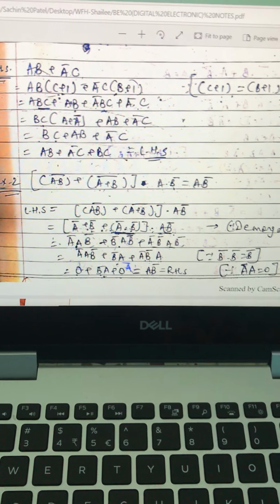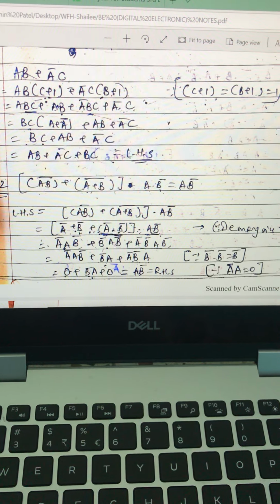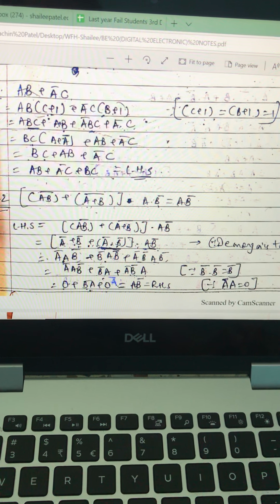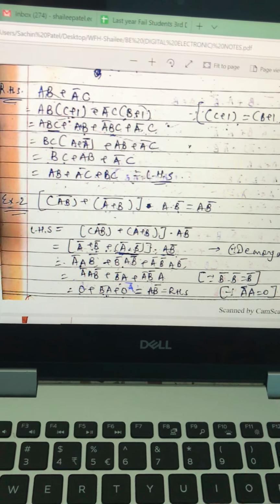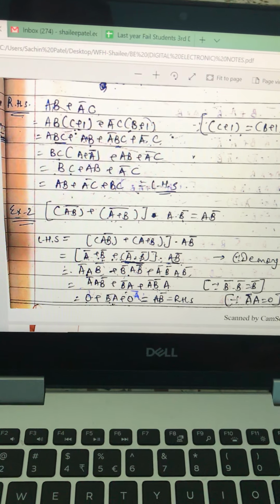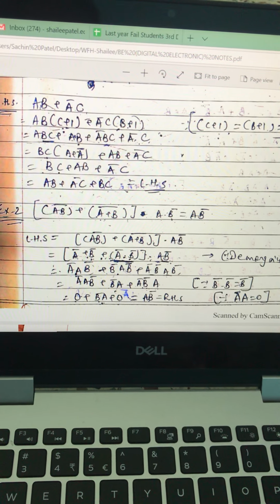Hello all. So in today's lecture we are going to understand the simplification of Boolean sums, but by some different other laws. It is from a vice versa case, that means right hand side to left hand side, or by De Morgan's law. So there are basically 2-3 examples we are going to consider in it.